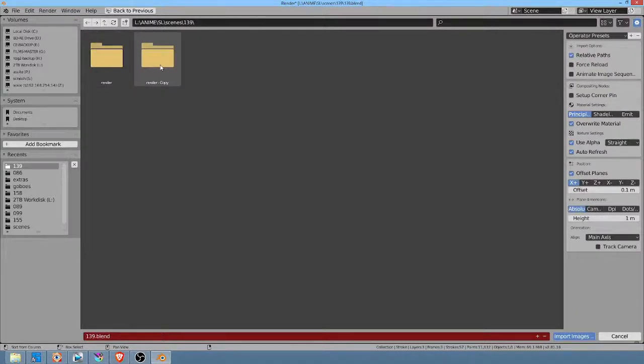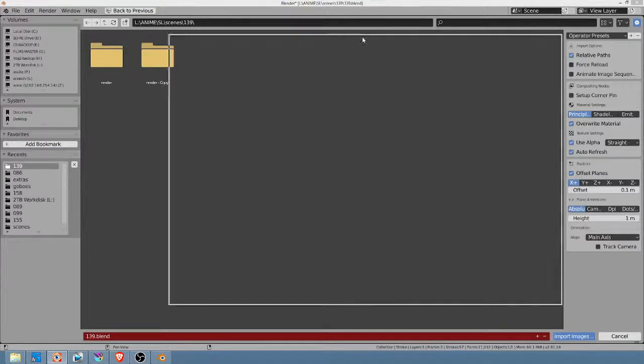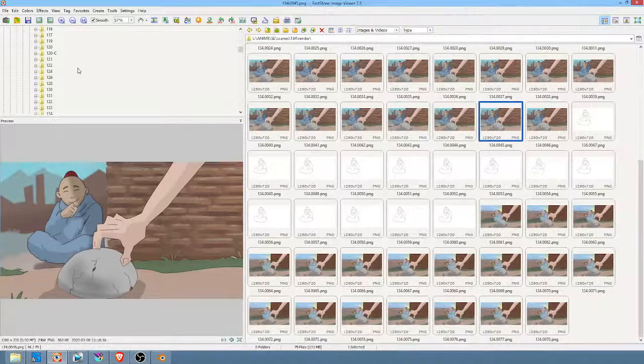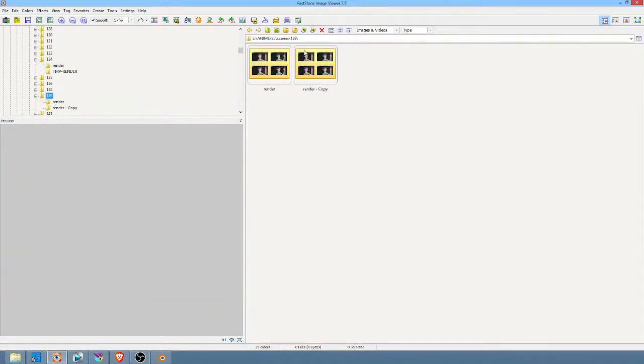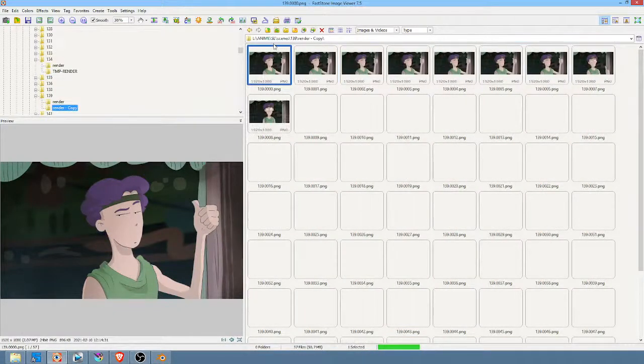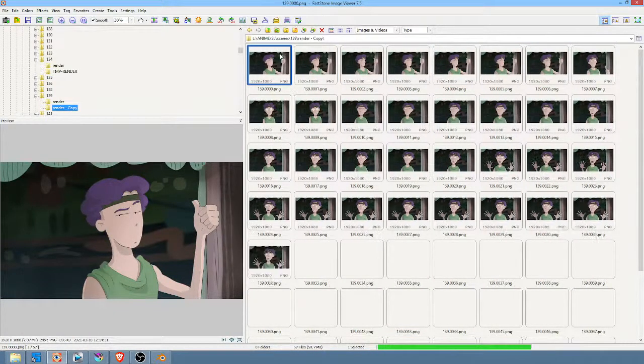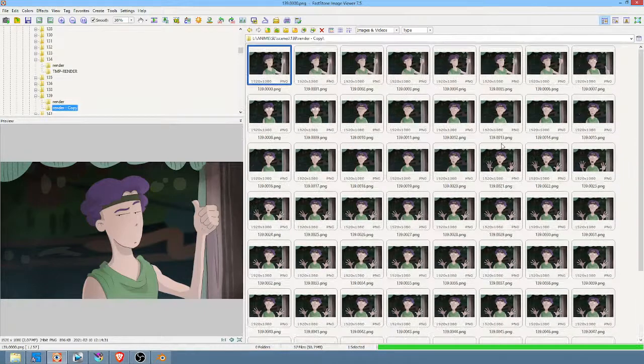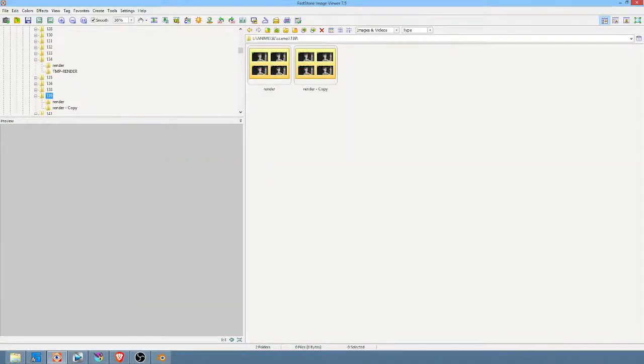Ah, it looks like I already made a render copy. That's useful. Okay, let me look at what I've got here. I'm going to pull up my image viewer and kind of see what I'm working with here. 139. So we've got this sequence, and then we've got this sequence, and they are identical. So that means that what I was thinking about doing, I must have been thinking about before. Well, when you're doing as much as I'm doing, you forget what you did. So